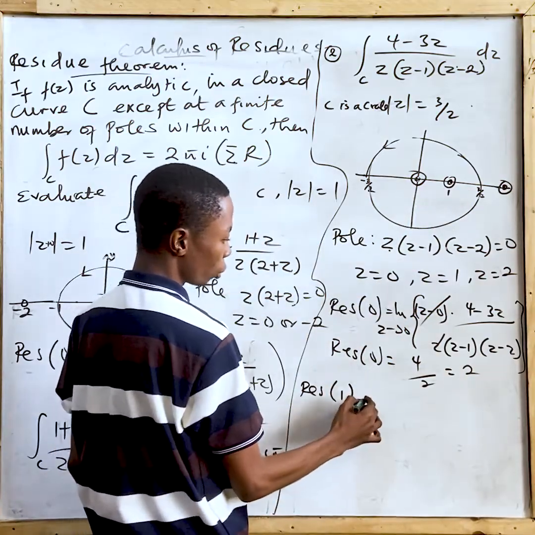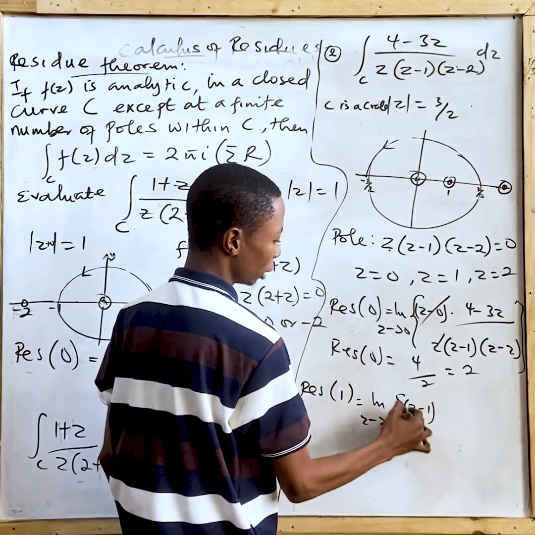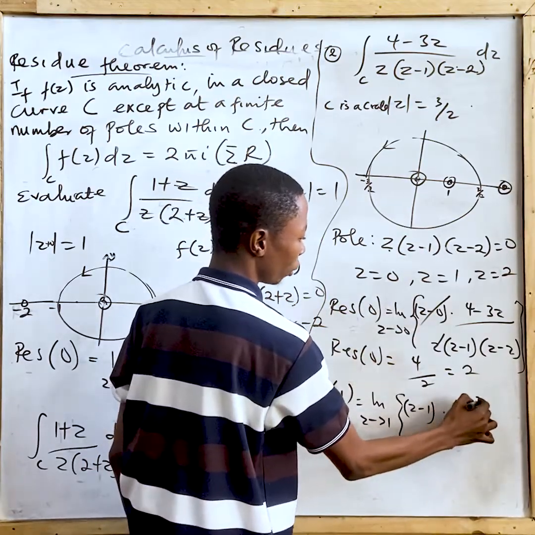So the residue at 1 will also be the limit as Z approaches 1 of Z minus 1 times f of Z, (4 minus 3Z) divided